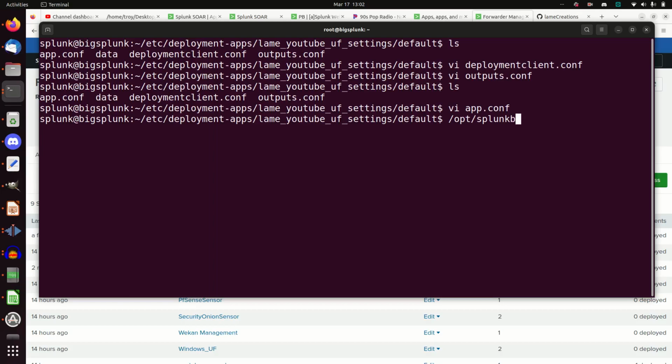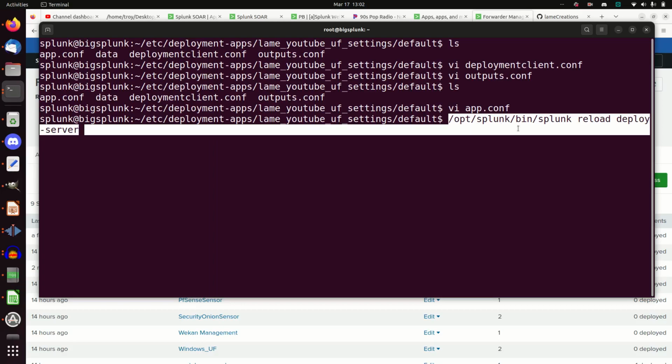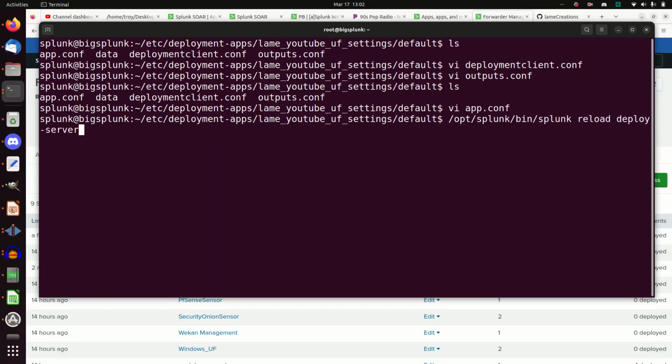In that situation, I'm going to have to run /opt/splunk/bin/splunk reload deploy-server. You need to run /opt/splunk/bin/splunk reload deploy-server. So I'm going to go somewhere where I can actually see that a little easier, so you can see the code. We're going to just cd. And if I go /opt/splunk/bin/splunk reload,